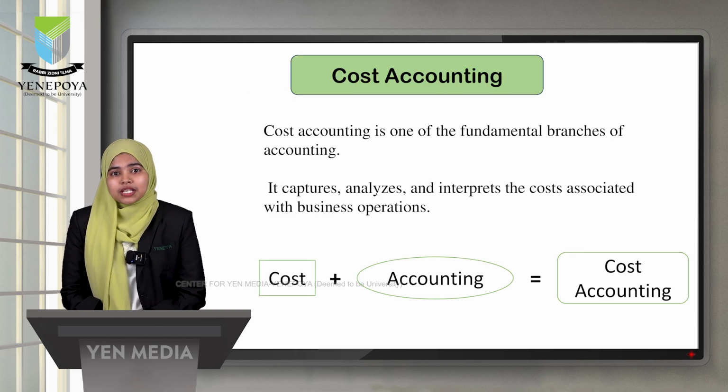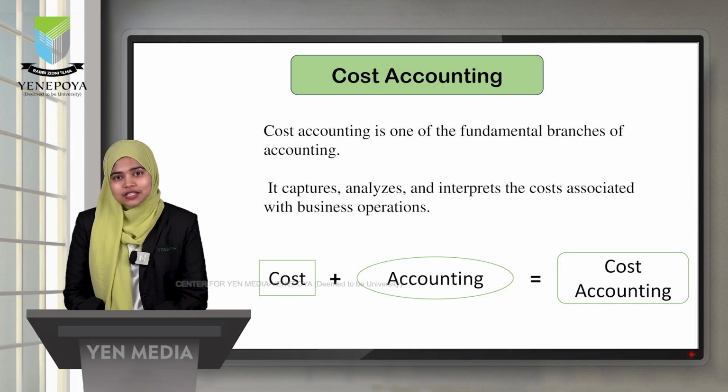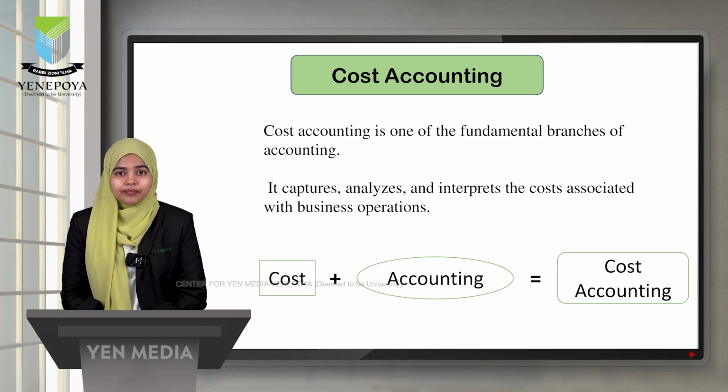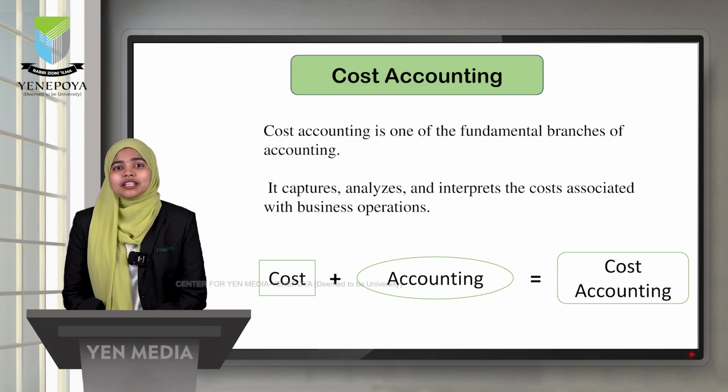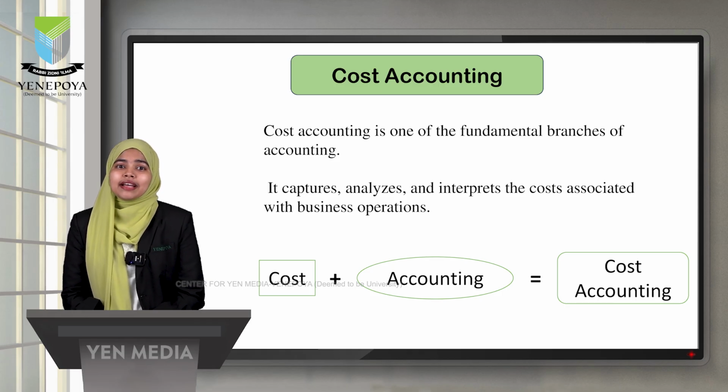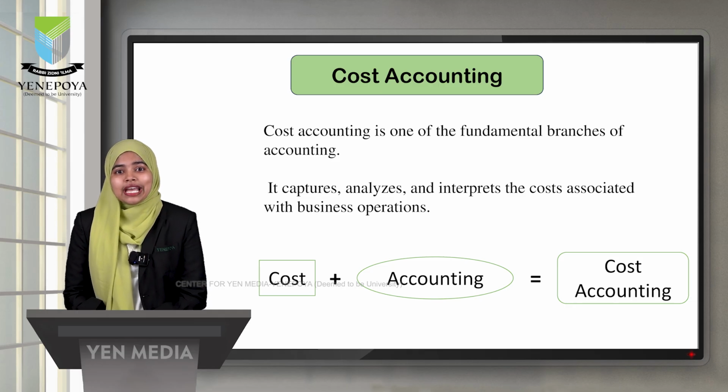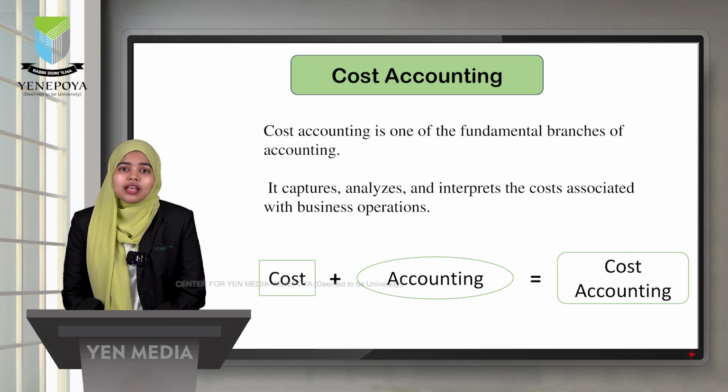Before we explore the types of cost classification, let's first understand cost accounting. What is meant by cost accounting and what is the meaning of cost? Cost accounting is one of the main branches of accounting that deals with identifying, recording and analyzing all the costs involved in an organization's operations. It helps management understand the true cost of producing a product or delivering a service. The goal is not just to keep track of money spent, but to use cost information for planning, controlling